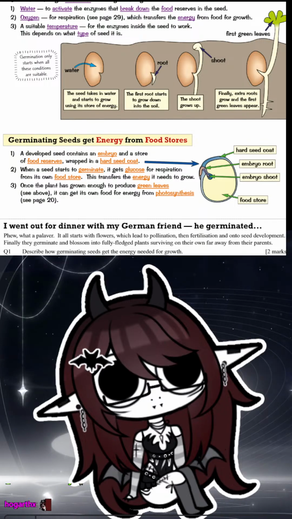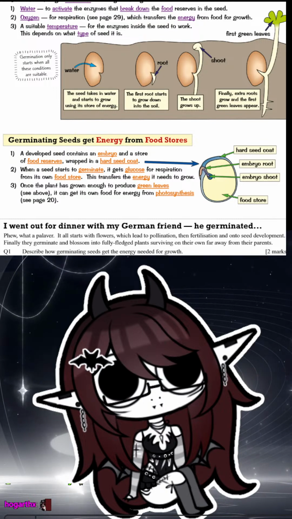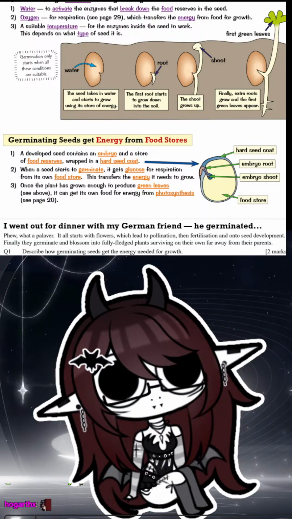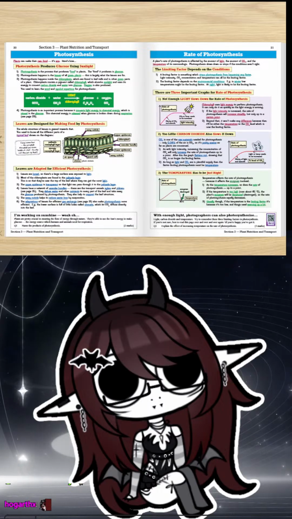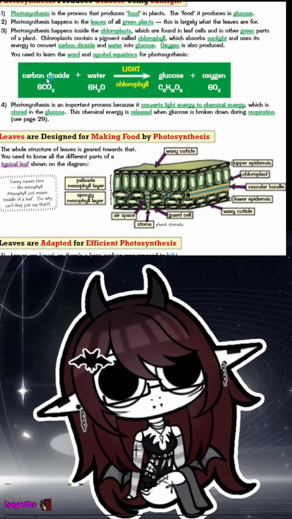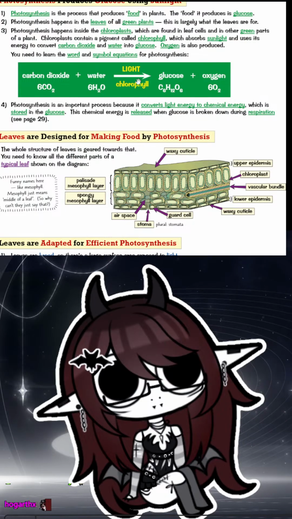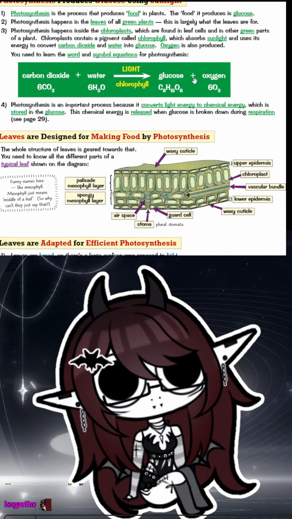Let's go back to page 20 to remember the equation. I remember that all six aside from glucose, which is C6H12, and then O6, I think. Let's go to page 20, just remember our photosynthesis equation. Yep, it was carbon dioxide and water. Carbon dioxide and water with light in chloroplast goes into glucose and oxygen. And then we switch this around for respiration. Respiration is oxygen and glucose to water and carbon dioxide.